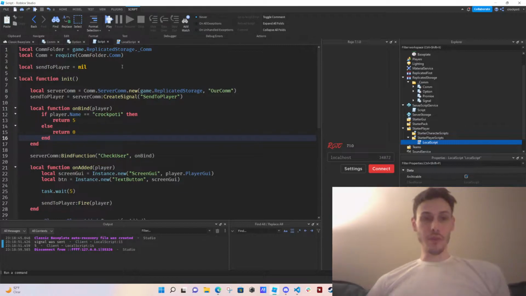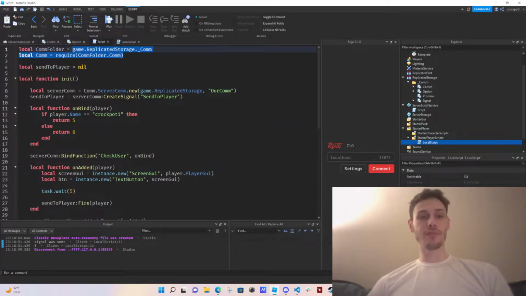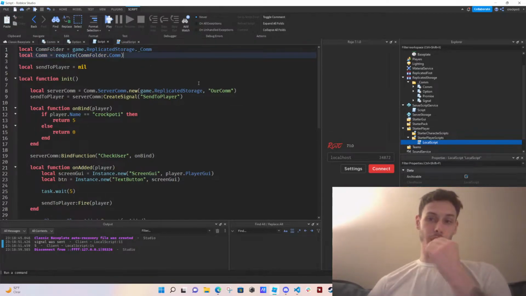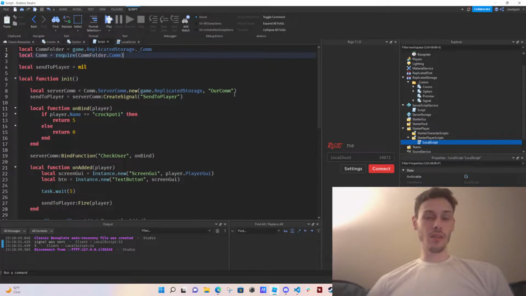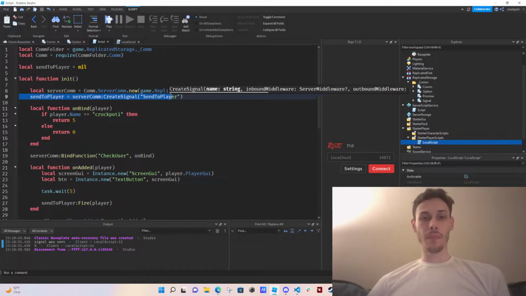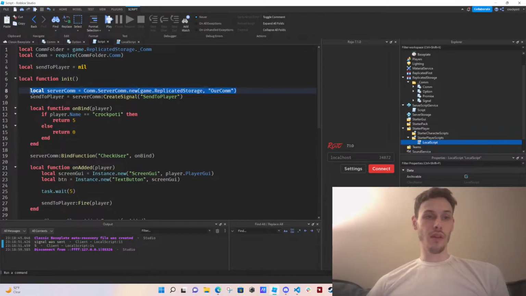Alright, but let's run through it, okay? So Comm is used for remote events and remote functions. First things first, you're going to require the Comm module, okay? And then you're going to create a variable which is